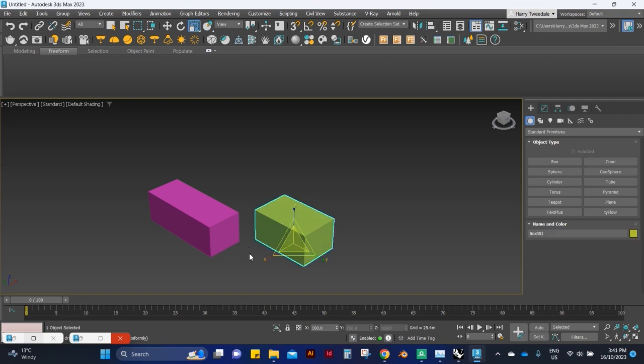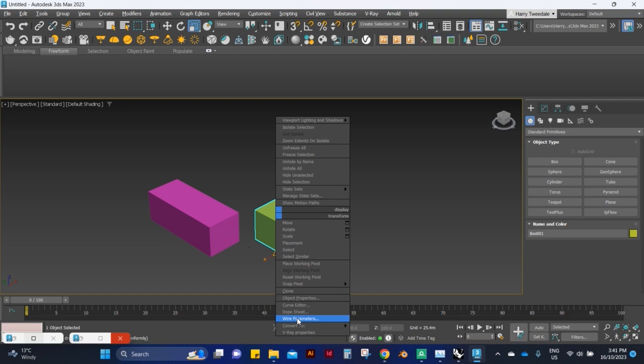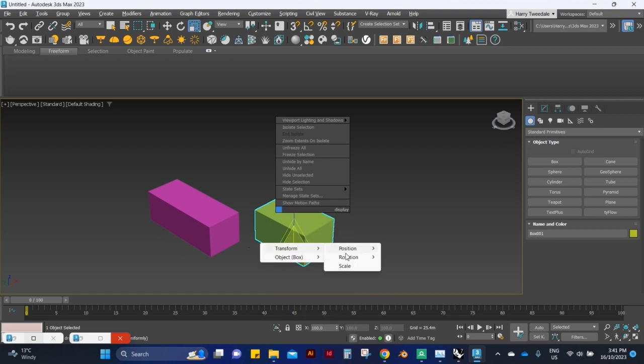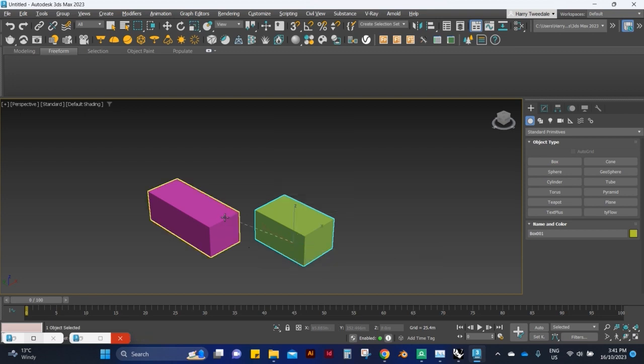We're going to have this one move along its x-axis, and when it does that, this box here will rotate on its Y. So if we right click and then click on Y parameters, we go transform and then go position on its X position, and then set up and click on the transform of box 2 on the rotation on